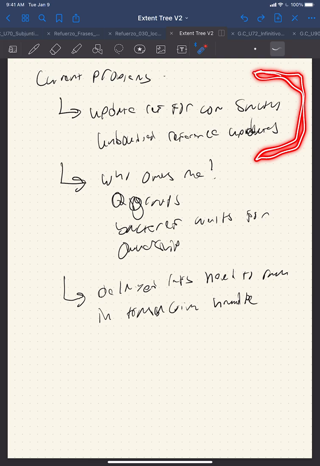Update ref for cow sucks. It's completely unbounded. Well, it's not completely unbounded, but it's unbounded because we do reference counting for cow-only trees. So like the extent tree or the CSUM tree, all of those blocks are reference counted, and therefore any updates of any extent could potentially update n number of extents, and it just kind of goes from there. So removing the cow-only blocks from the extent tree is super helpful here, but we still have the remaining problem of